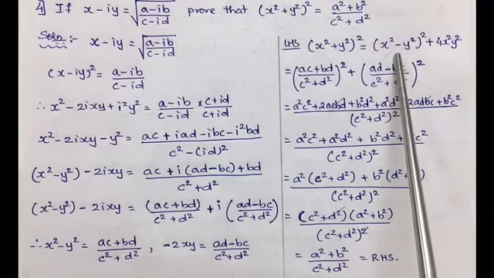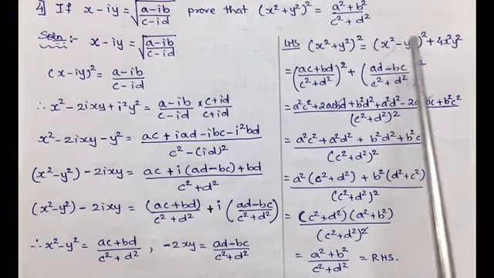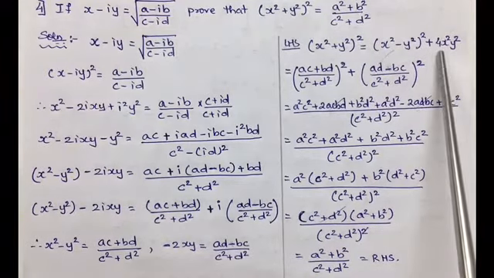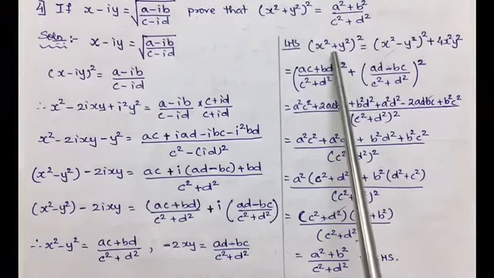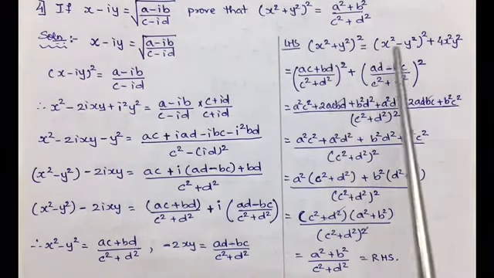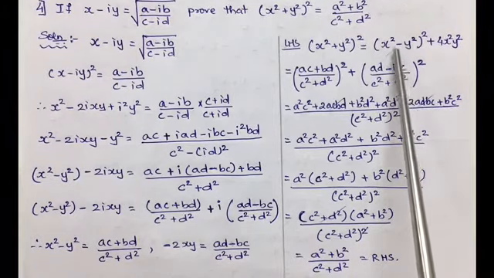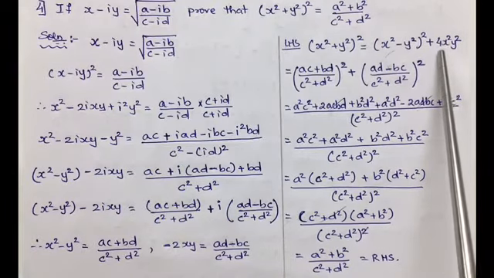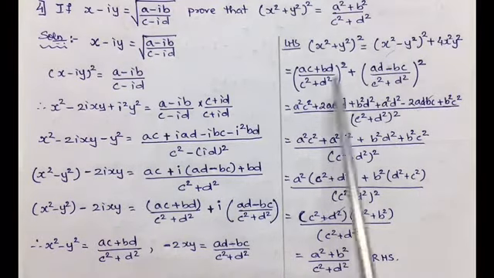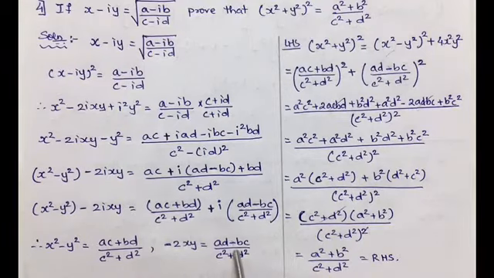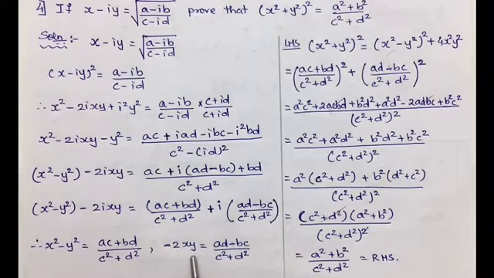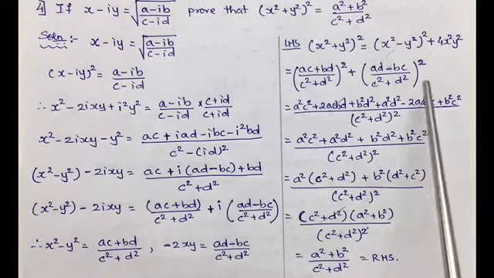Here the middle term will become negative if you expand it. To make this middle term, that is minus 2, positive, the adjustment is done as plus 4, because the original sign is plus here. So when we are arranging it to substitute the value, in this bracket the middle term will be minus 2. To make it plus 2, the adjustment done is plus 4. Now keeping all the values at their places, that is x square y square from here and minus 2xy from here, both are whole square.